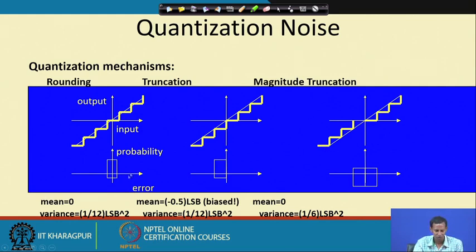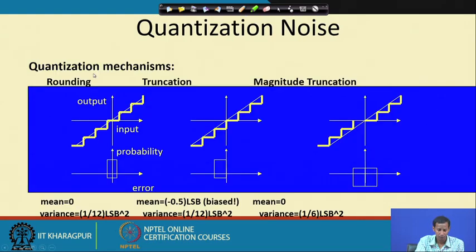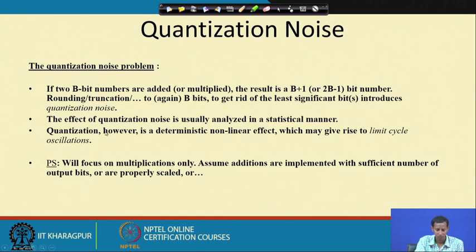There is the corresponding error curve, that is, the probability of error that may occur within the range. So in this truncation the error is this, and in magnitude truncation the error may be this. Then, the quantization noise I mentioned in the previous slide, this quantization effect, you can calculate.